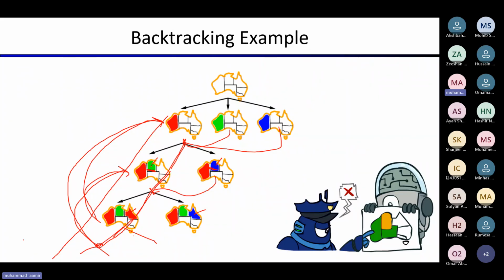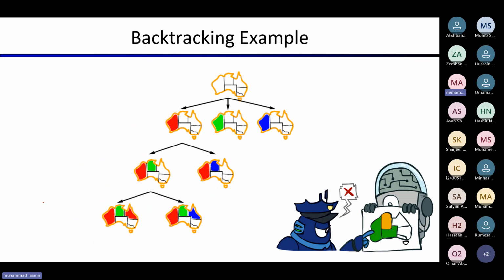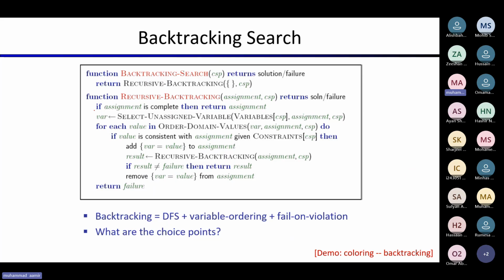So what improvements can we make in the backtracking so that our backtracking search is efficient or optimal? We need to see this. So this is the backtracking algorithm. You can see it in the lab, but I can go through it very easily for you. For the backtracking search, we have the recursive algorithm of the backtracking. You can clearly see initially there is an empty dictionary, or there is no variable in the dictionary that has been assigned any value. So we need to assign all variables the best possible values